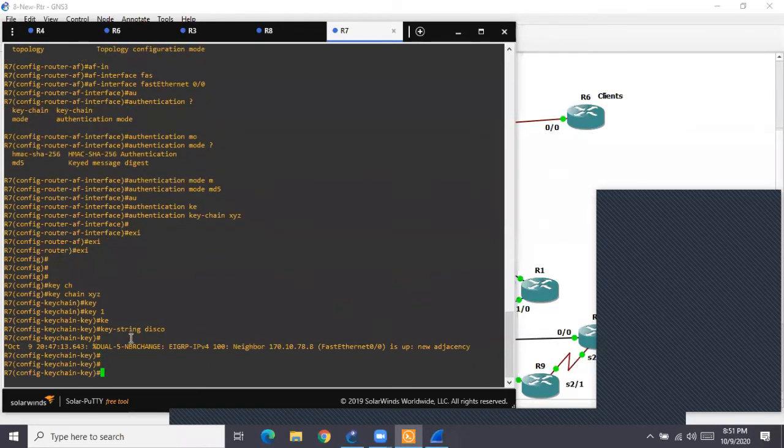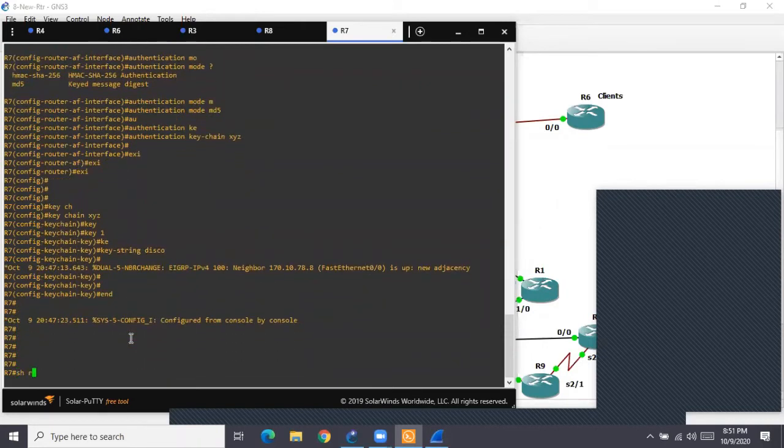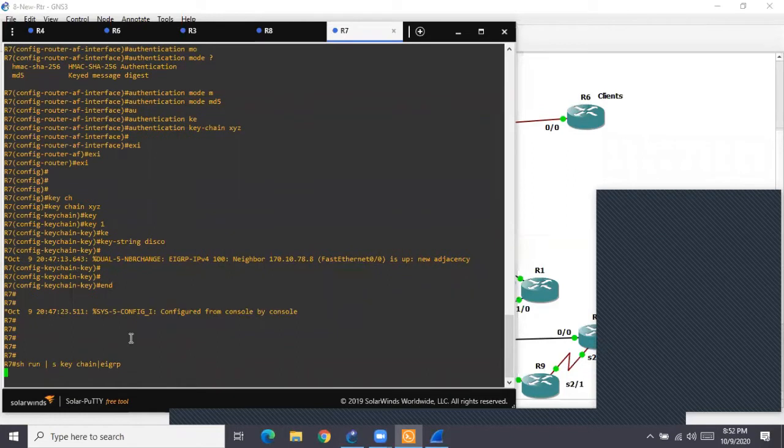Finish. Again quickly, if you want to see the configuration all together, let me show you the configuration on R7. Show run, pipe section keychain, pipe EIGRP, all together.